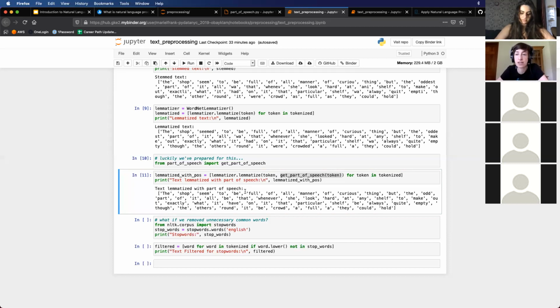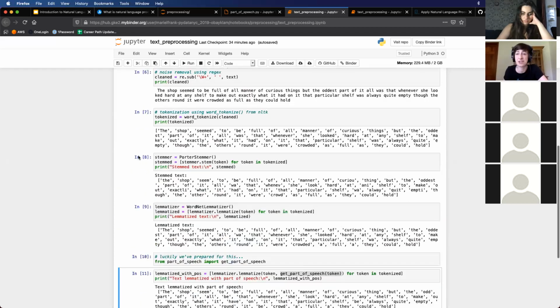So it's always going to be task dependent. If you have a task where stemming is just not the appropriate way of pre-processing your text, then you don't need to do that. If you're curious to see whether stemming is the appropriate way to pre-process your text, you can always try it out. And the nice thing is, with Python, you can always create things under a new variable. So you can go back to that original data set or that initial